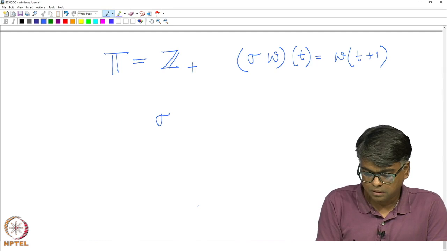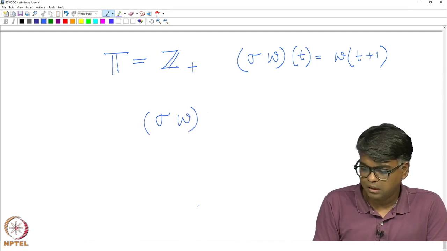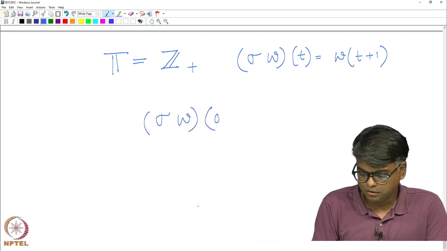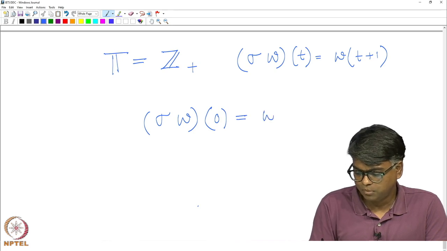So, when sigma acts on w, the value of this at 0 is equal to w at